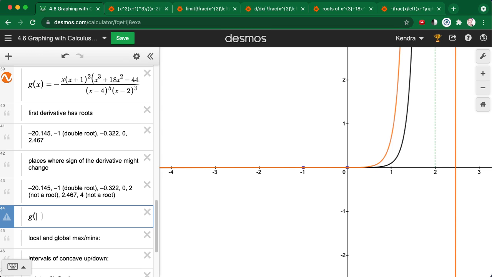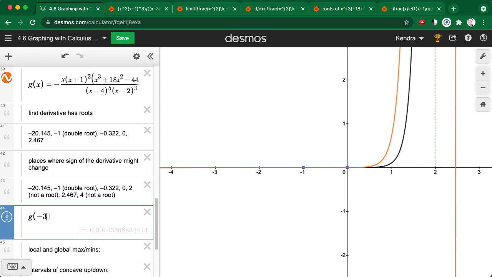So I'm going to take g of anything to the left of -20, so let's say -30. So the first derivative must be negative for all numbers to the left of